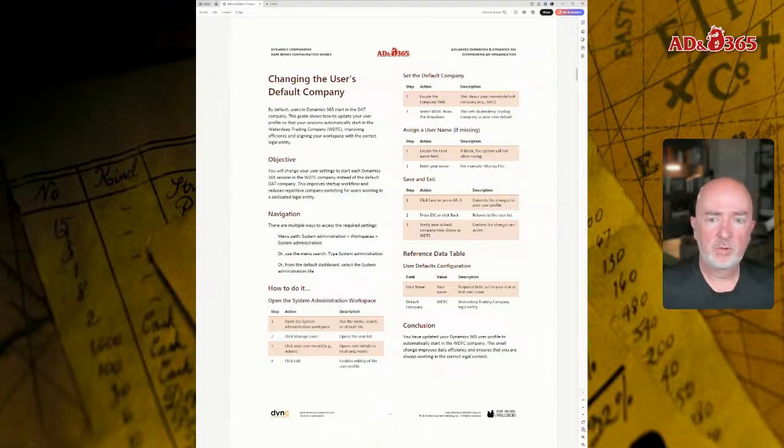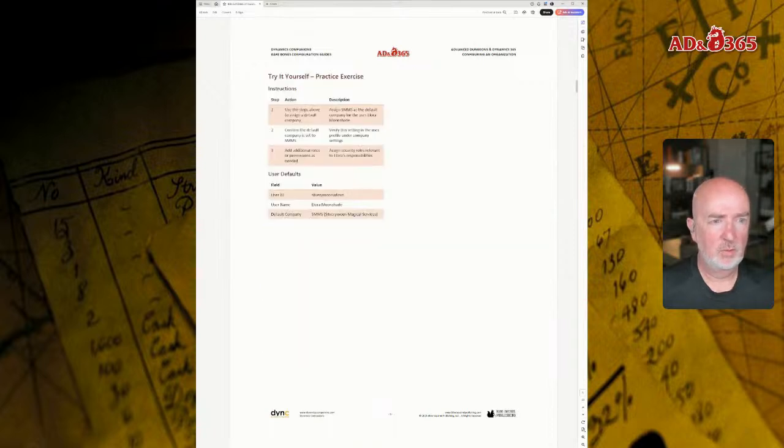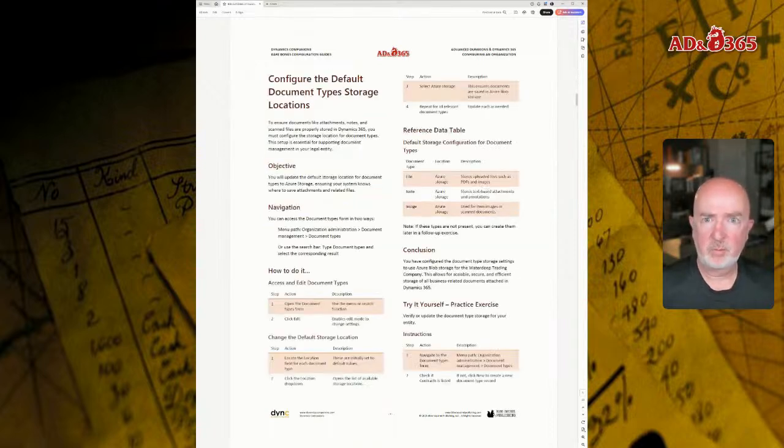But we're going to move on to a couple more steps before we get to the 25-minute mark. There's some housekeeping that we need to perform, and part of this is the configuration of the default storage locations. Whenever you upload an image or a logo, which we're going to do in later steps as we add a logo for the Waterdeep Trading Company to our environment, we need to have default document types and